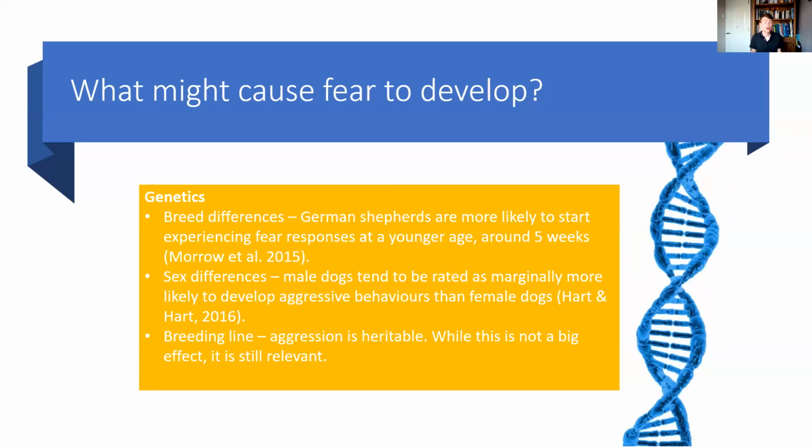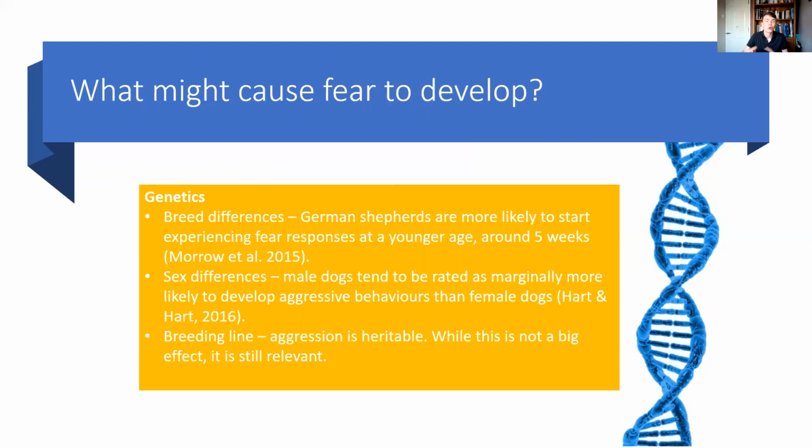So this is just a very, very brief overview. There's certainly a lot more to genetics and all these things than this, but this is just to give you some ideas in terms of how these different factors can influence your dog's behaviour and potentially influence whether your dog might display aggressive behaviour. So one thing is breed differences. So there are some differences between breeds in terms of their most common behavioural traits.